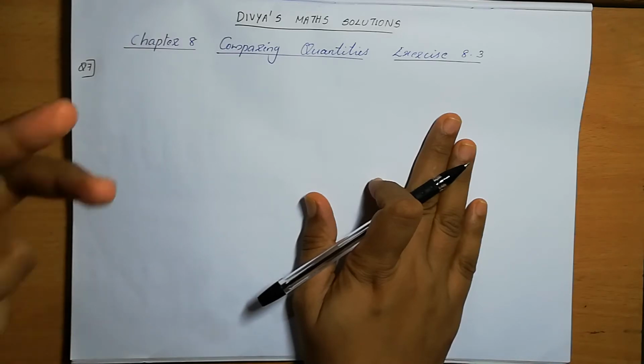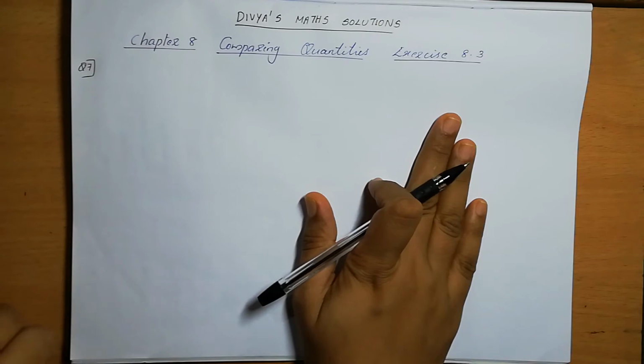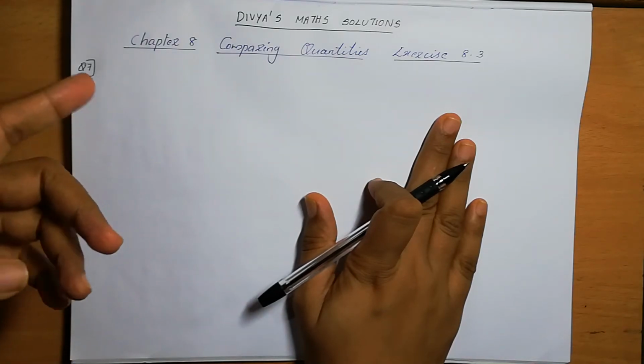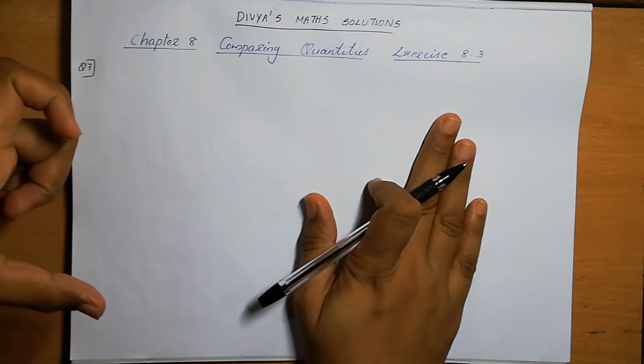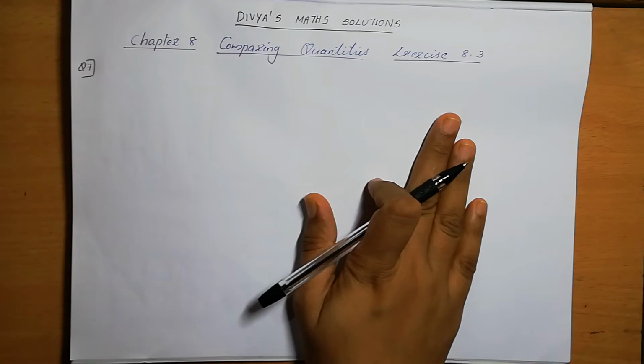So, we need to find the amount at the end of second year. Second part is interest for the third year. So again we need to find the amount at the end of third year. Then we need to subtract: the amount at the end of third year minus the amount at the end of second year, what we will get is the interest for that 1 year, right?